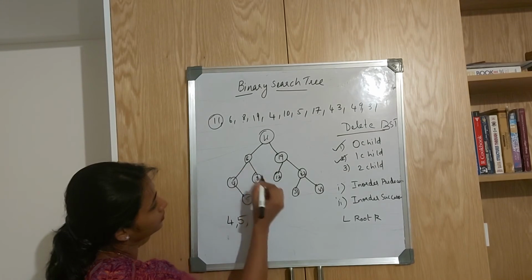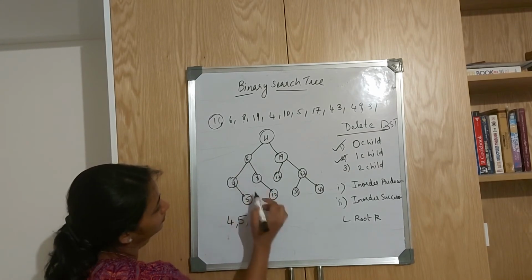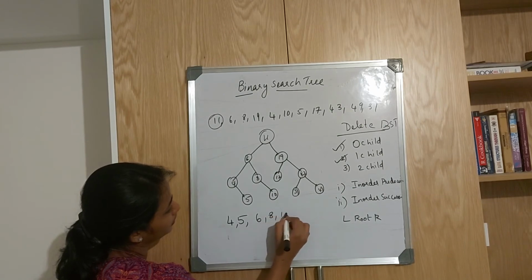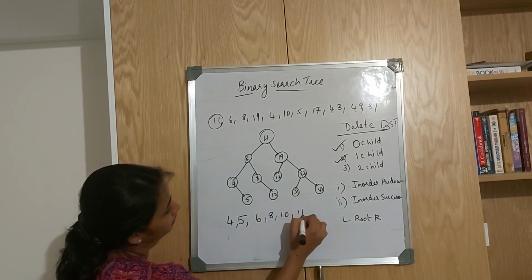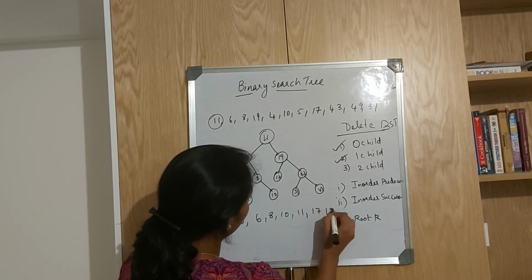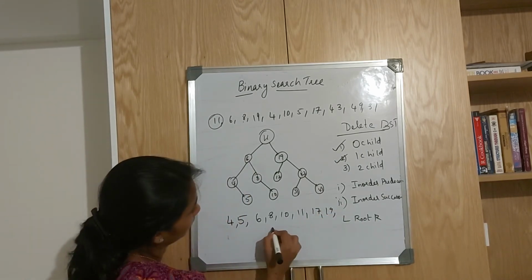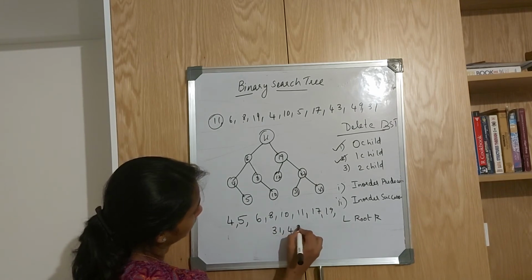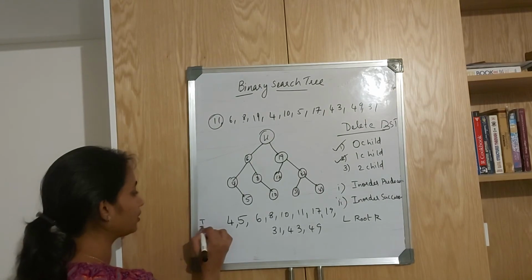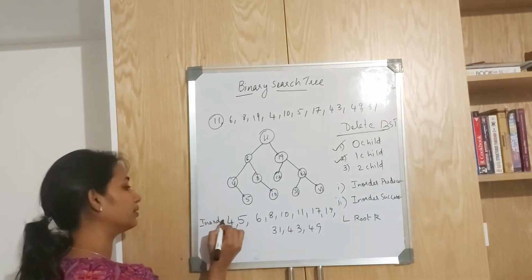So go up: 4, 5, 6, 8, 10, 11, then 17, then 19, then you're going to get 43 and 49. This is how you get the in order of the tree. So what you have to do here is,